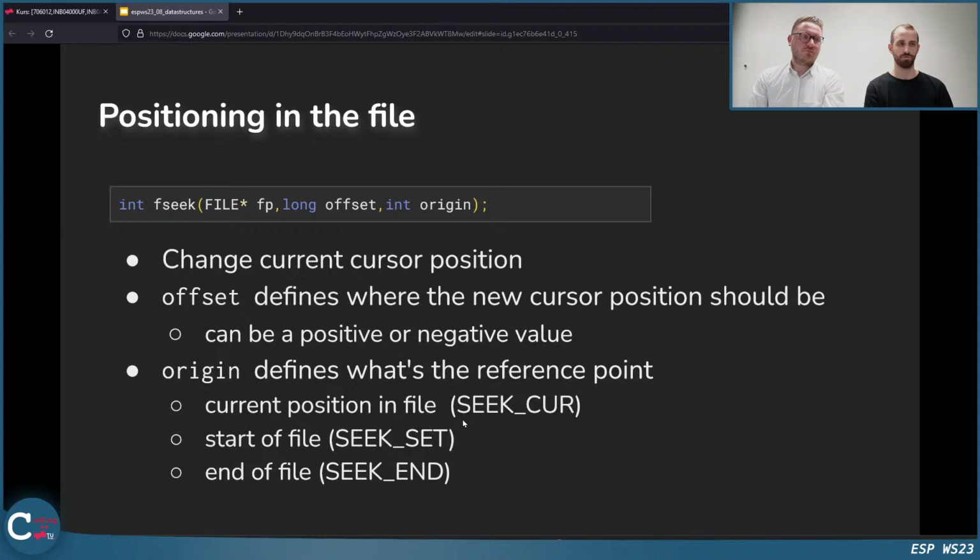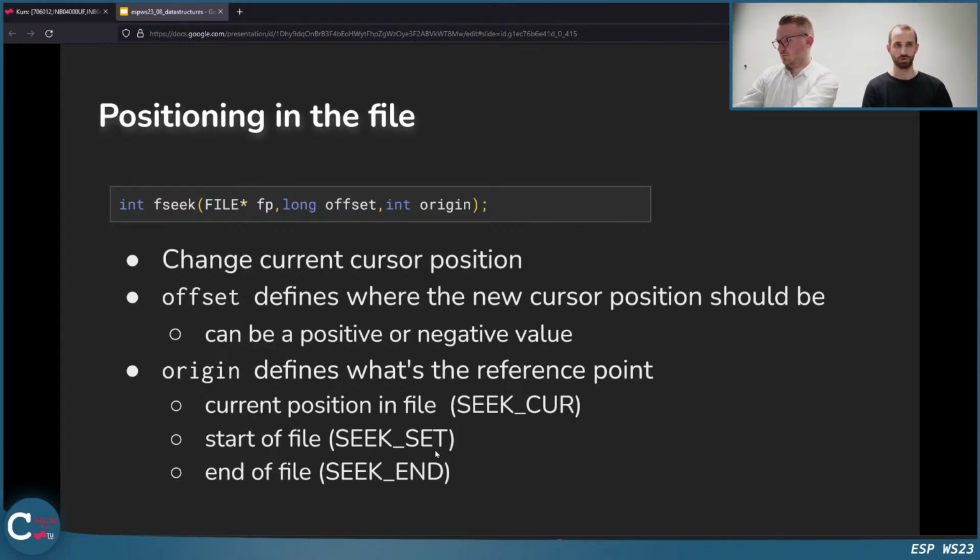And there are 3 macros defined. Macros are something like a define, I would say. You can write SEEK_CUR, which just means the current position of the file. But you can also jump, for example, you can write SEEK_SET, which is the start of the file.